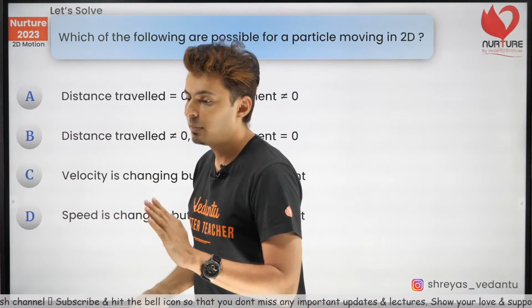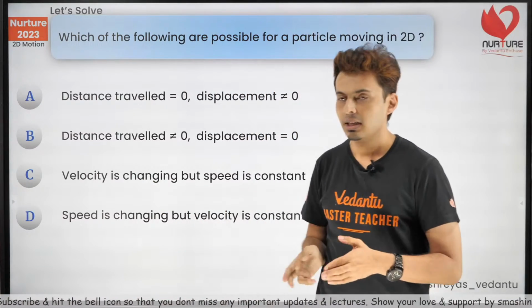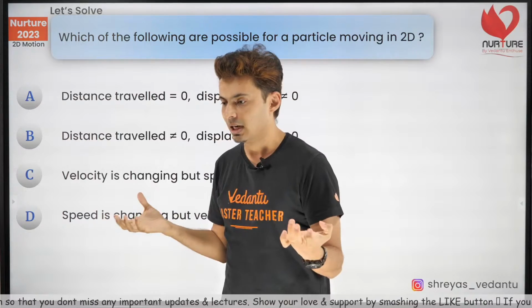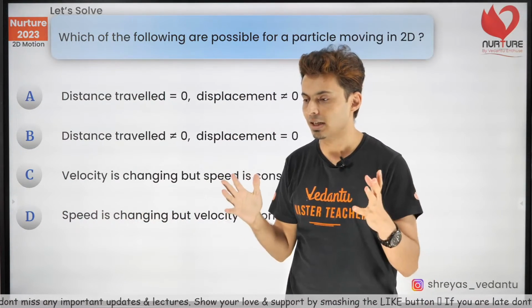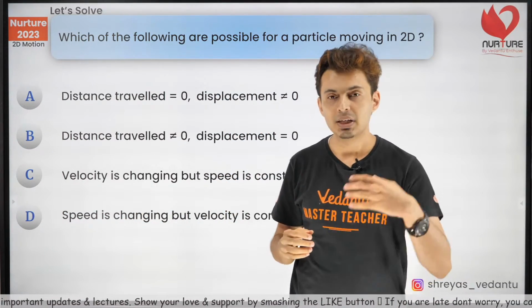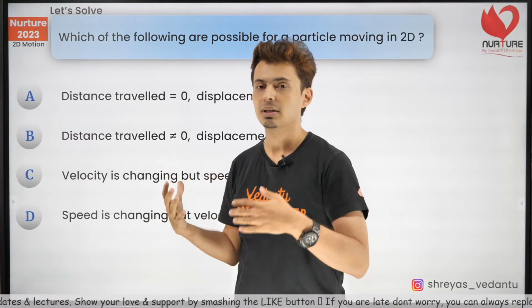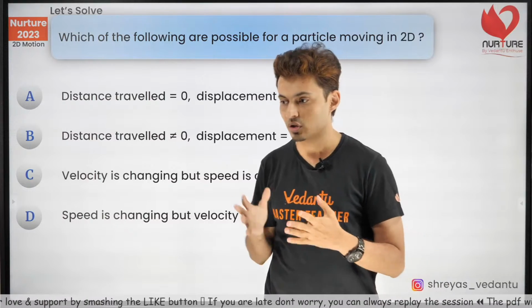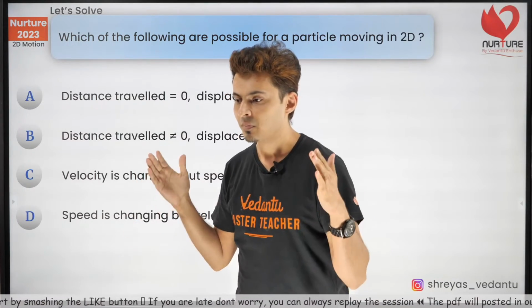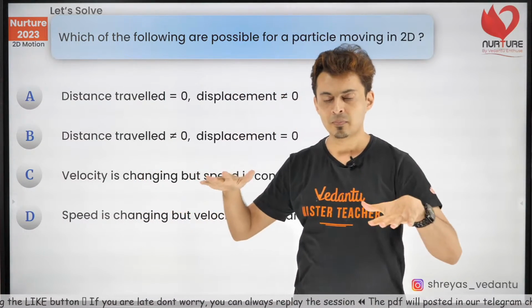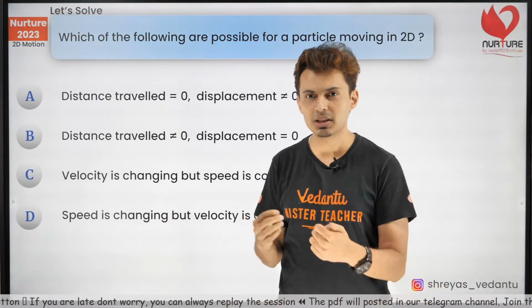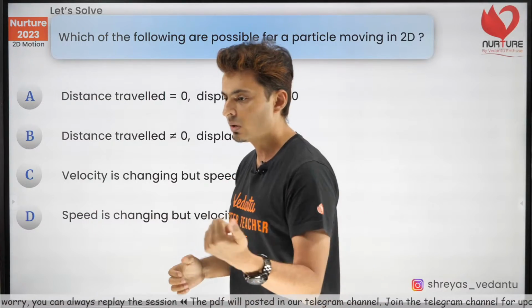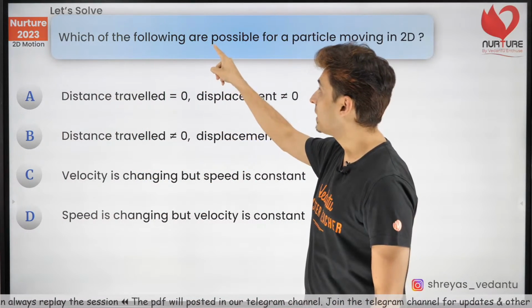The difference between the mock tests is that obviously the sources that we accumulated from are very varied. We take it from different books, we take it from different sites, we take it from our own content, we take some of the questions we modified. So that's one thing, the source is different. Number two, difficulty wise, it's almost the same. I think you should give a mix of both. Don't just give NTA, don't just give ours, give both the mock tests so that you have a mix of questions.